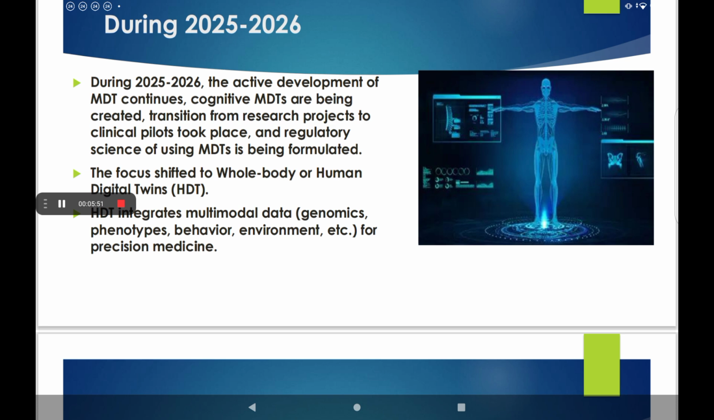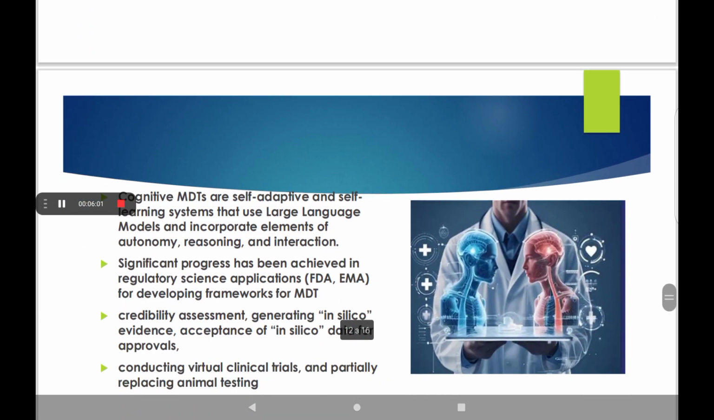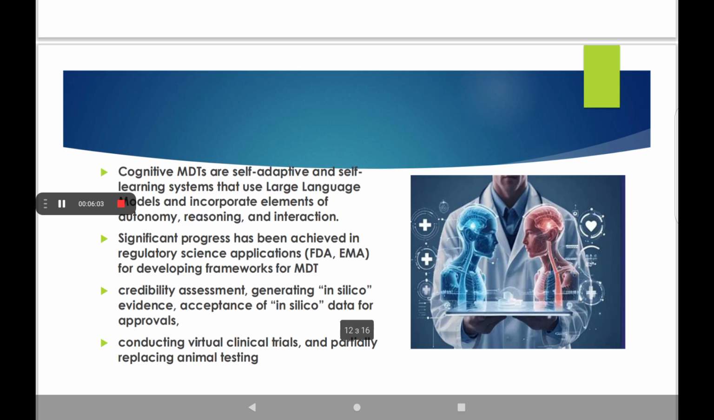Human digital twins integrate multimodal data: genomics, phenotypes, behavior, environment, etc., for precision medicine. Cognitive medical digital twins are self-adaptive and self-learning systems that use large language models and incorporate elements of autonomy, reasoning, and interaction. Significant progress has been achieved in regulatory science application, for example, FDA and EMA, the European variant, with